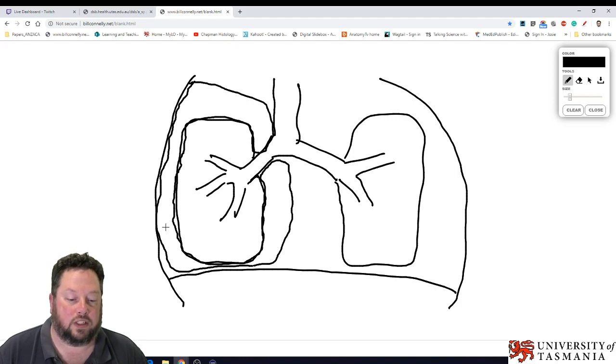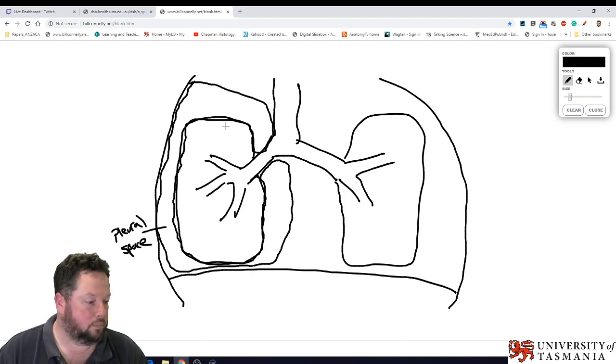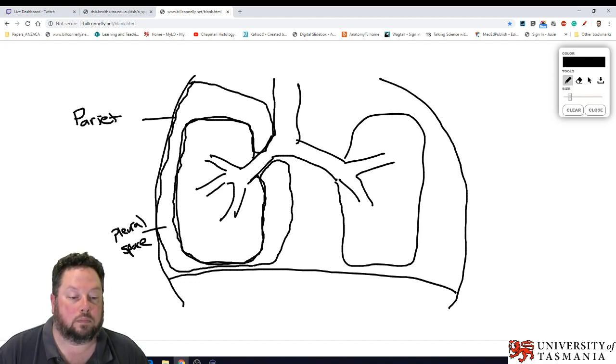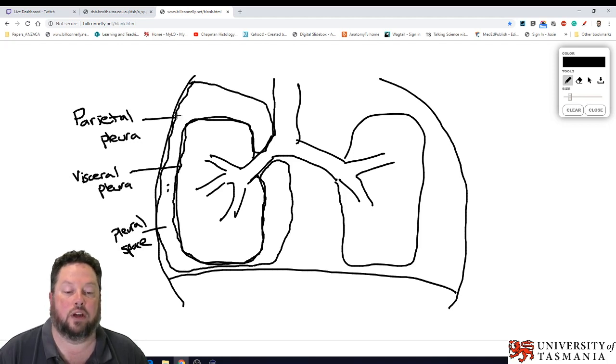Okay, and so this space is the pleural space. This layer here is known as the parietal pleura. And the pleural layer that's attached to the surface of the lung is known as the visceral pleura. There's fluid within here, and we know that there's a partial pressure within this region as well, and that